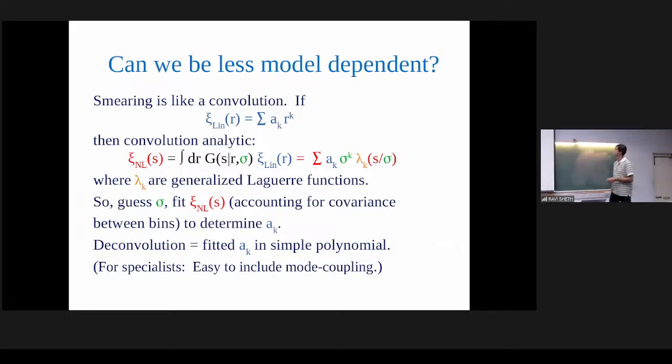So what that means is that if you fit the shape that you get from convolving with a Gaussian, then these fitted coefficients, when you fit them to the nonlinear shape, and then you plug them inside here, they'll give you the reconstructed shape, what the correlation function started out as. So that's like reconstructing the signal, rather than reconstructing the field, reconstructing the summary statistics, the 2-point correlation. This is the sort of game that I played with Asim in the last year or so. It's trying to do reconstruction in this way.